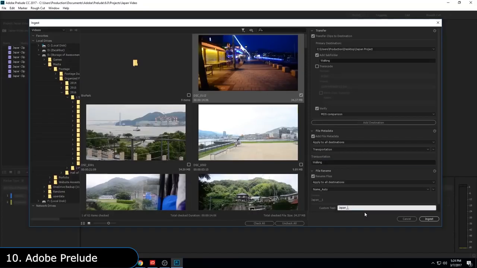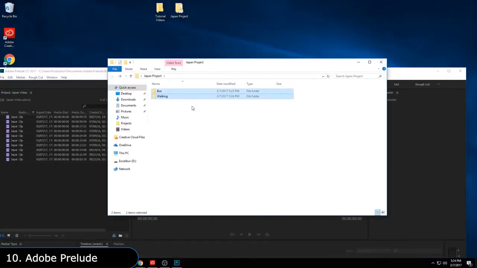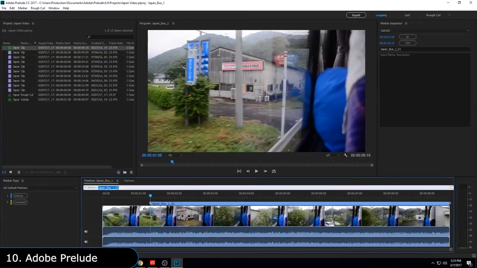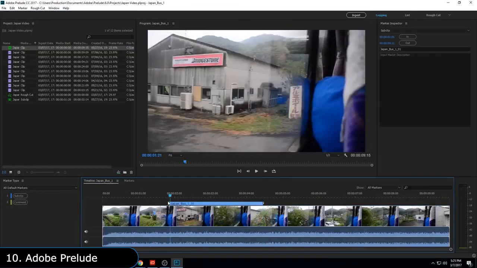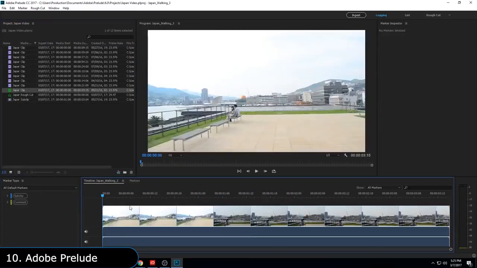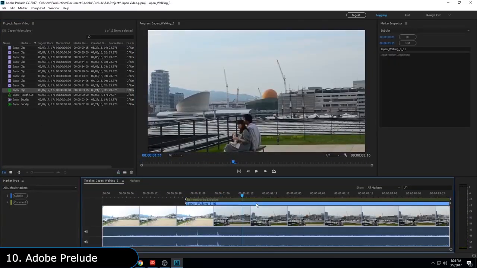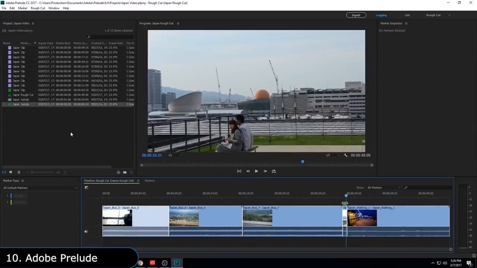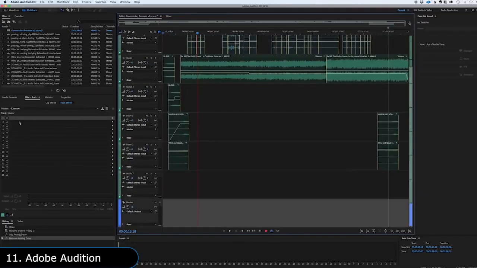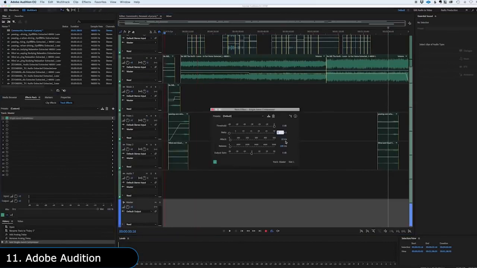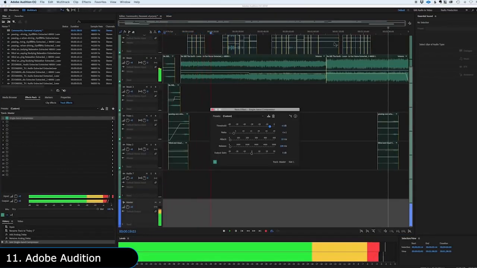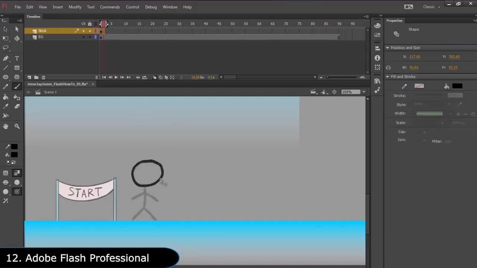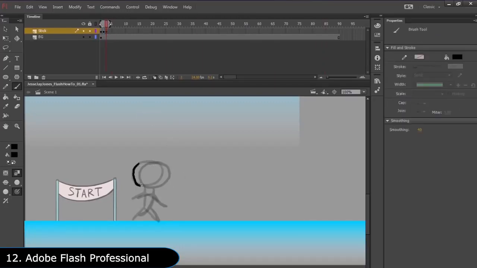Next is Adobe Prelude, which is a video editing tool dedicated to rough cutting and organizing a large amount of videos. A movie might have several hours of footage shot with different cameras, so Prelude is used to chop off unnecessary parts, sync various shots, and tag the content before it is sent to the main editing team. Audio is important too, so there is Adobe Audition, which is a dedicated audio editing software designed to record, edit, and mix audio.